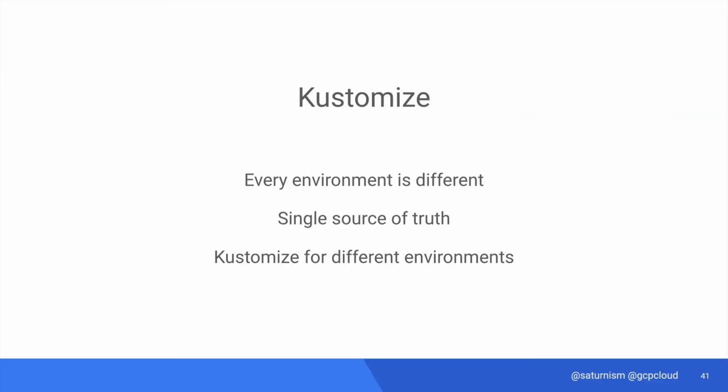Finally, when we do promote the application through the different environments, like from the dev environment to QA to staging, we need a way to change configuration so that it's specific to the environment. For example, the username and password could change, or the number of instances in QA and prod may be different. And we don't want to duplicate the entire Kubernetes YAML file over and over again either. That will be repetitive and error-prone. And this can be achieved through using some kind of templating tool. We use a tool called Kustomize. And this is how it works.